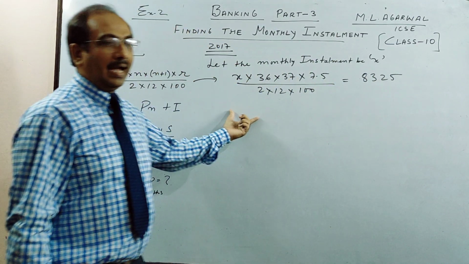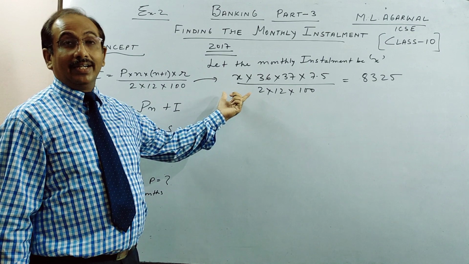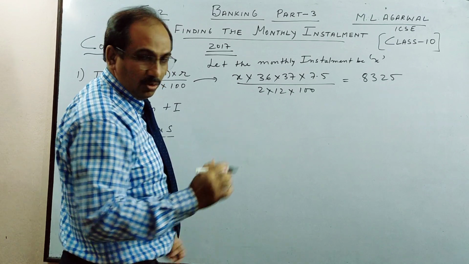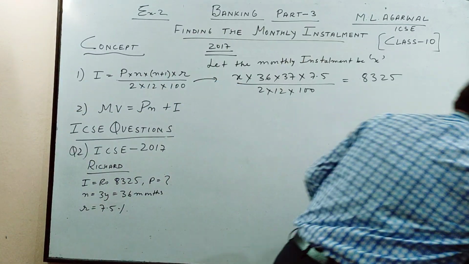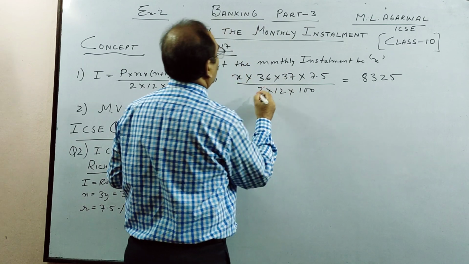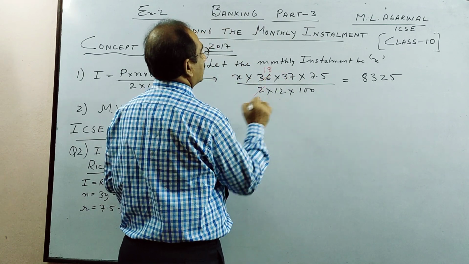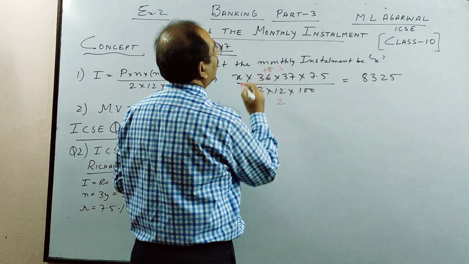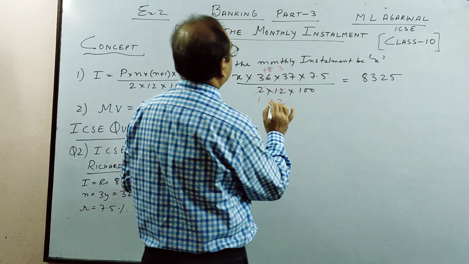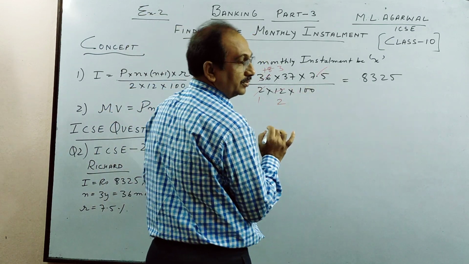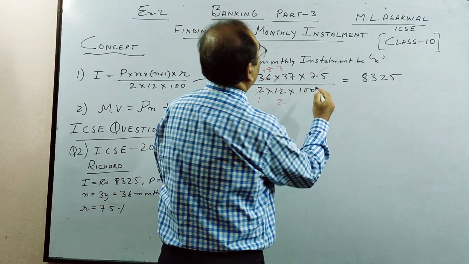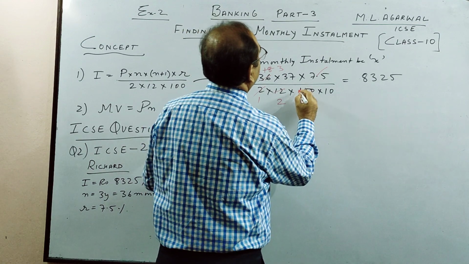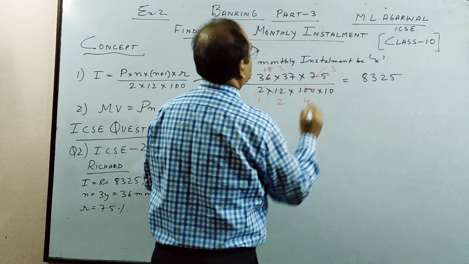8325. So remember, as compared to the other sum I showed, here it's a big calculation. So you have to be very careful to get the answer. So see how I am doing. You can see how I am cancelling. 2 18s are 36. 12: 6 2s are 12, 6 3s are 18. Next, we see this will go decimal. Here your 10 will come. One decimal goes, 10 will come. So this you can cancel, 4s are, and this is 3s are.